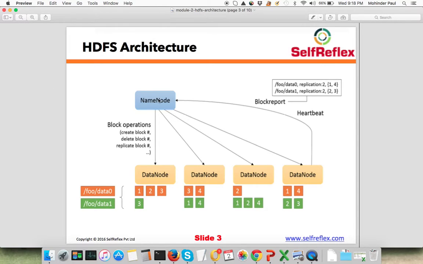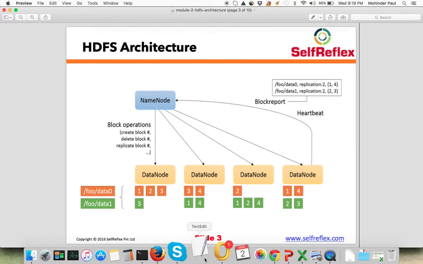So if you look at this example, name node is basically managing the list of files. If you look at these two items, it's maintaining the list of files. It is maintaining what is the replication factor. We'll talk about replication factor in detail. And then these are the data nodes or the slave nodes that are actually storing the actual data blocks corresponding to each file. So when we talk about HDFS, there is a concept of blocks. Every file that you store into HDFS is divided into multiple blocks.